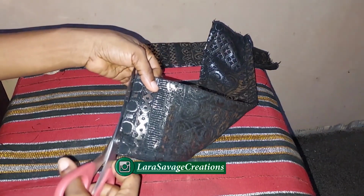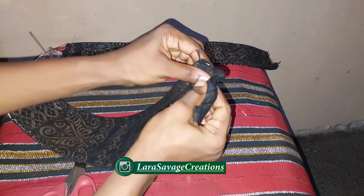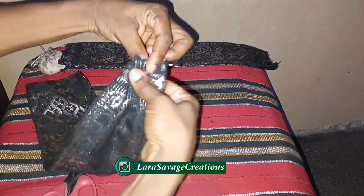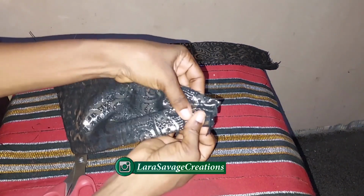So guys, once the two are already inserted, it's time to now close up the open edges. So what I'm basically going to do is make a zigzag design basically. So make it a zigzag just like I'm doing right here, and then I'm going to just sew it down